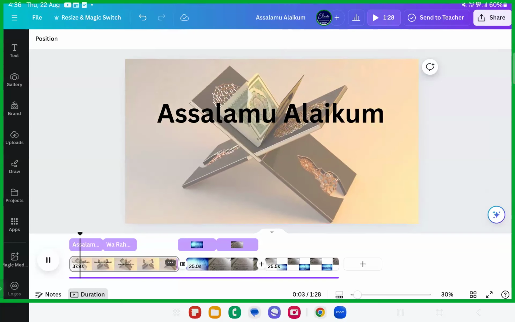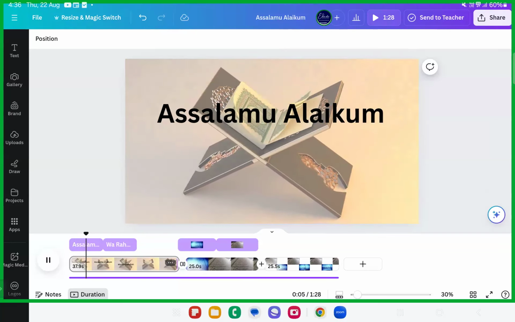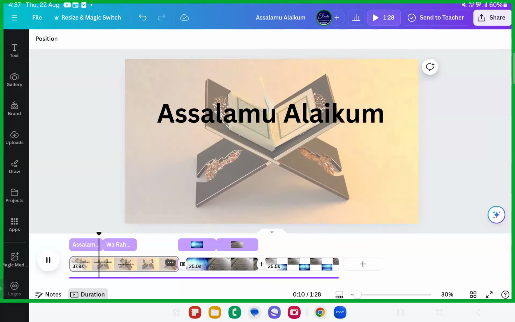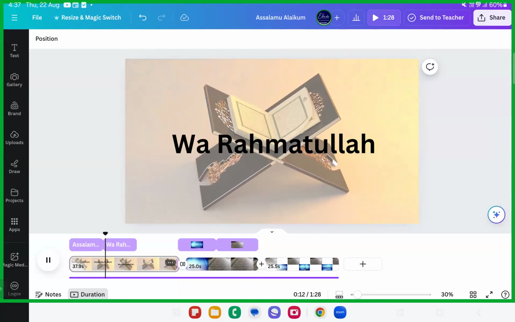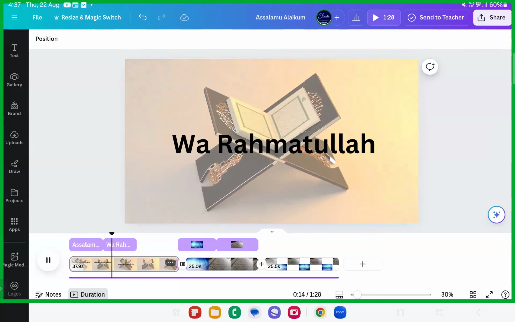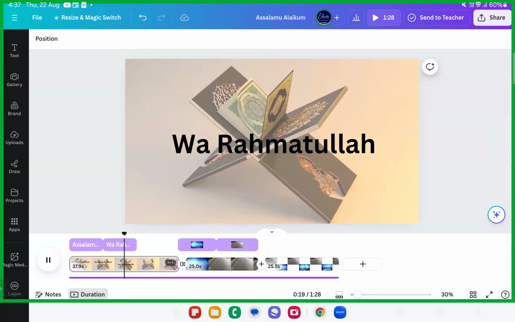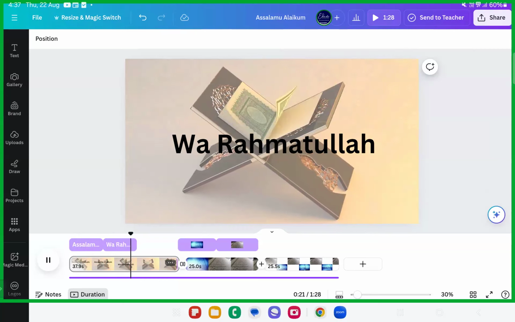Hopefully understanding it, yes or no? No or yes, dear sisters and brothers, please type. These are all the video editing options that are available on Canva. I just want a yes. Alhamdulillah. Any doubts you can ask me now,